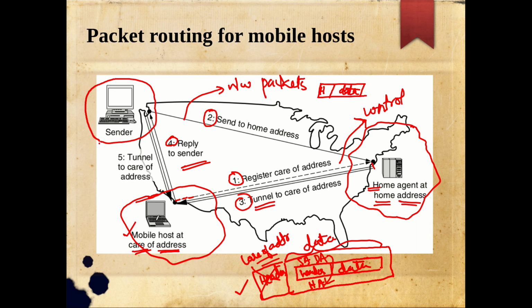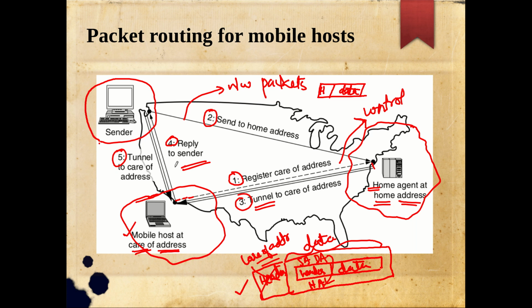Now if the mobile host shifted to a new location, or if something else happened to it, again the communication will go through the sender to the home agent. Suppose the sender tries to reach the mobile host with the care of address, and the care of address is invalid, in the sense that the mobile host changed to a different location. Then the sender can communicate with the home agent, and it will repeat the whole process. So this is the last step, that is, tunnel to the care of address and the further communication. I think it's clear for you right now.